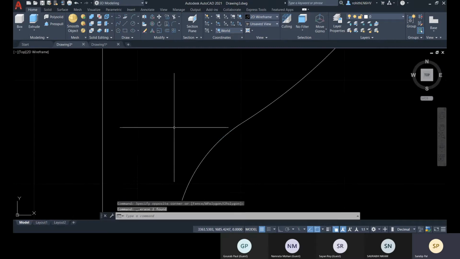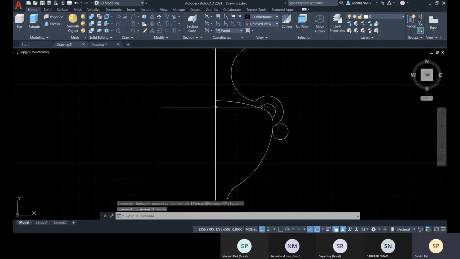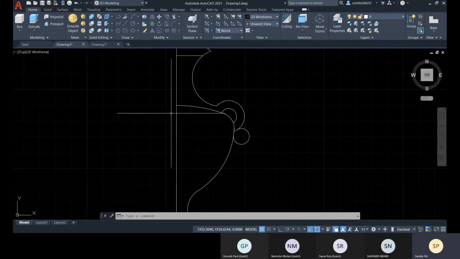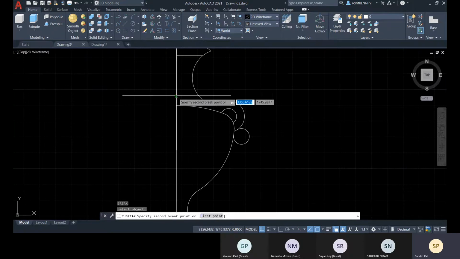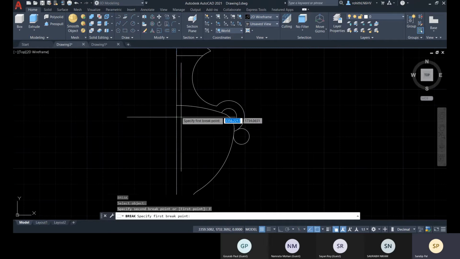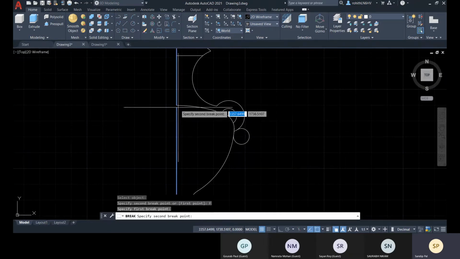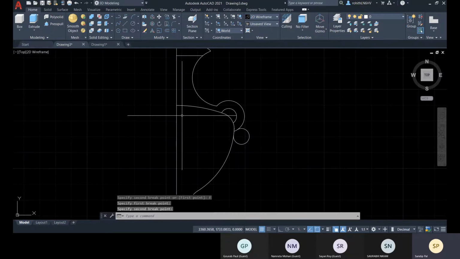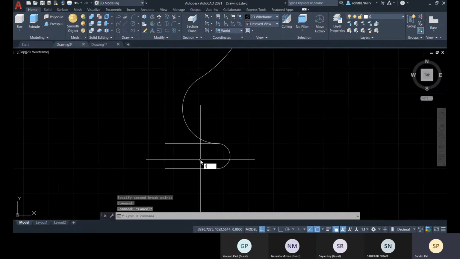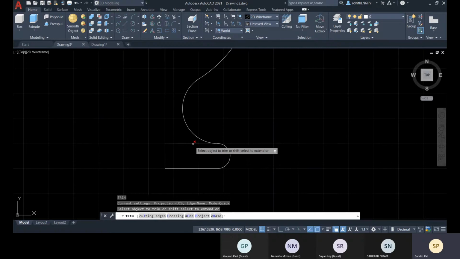Okay, delete this. Yeah, so this part will be one unit. So for this, I'll break this vertical line. I'll select this, because this one will take the first point, so I'll change the first point. So this is the first point, and this is the same second point. So I'll click on that same point. Now this is broken. TR, I'll trim this line.